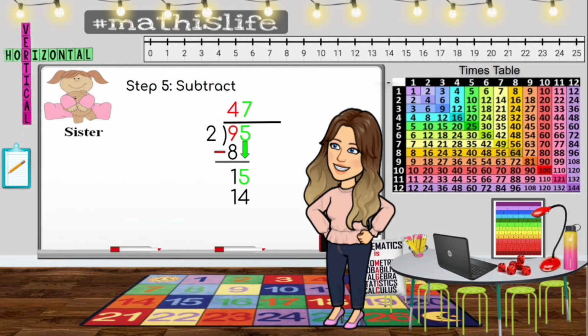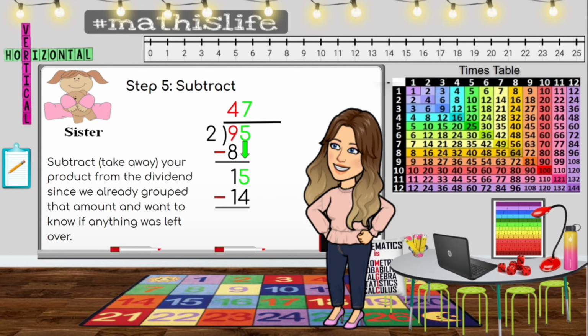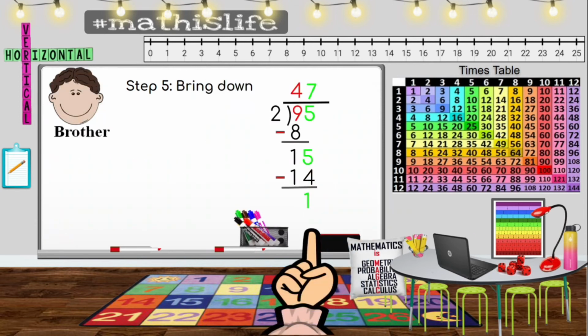Our little sister is going to remind us to subtract. So we're going to subtract 15 minus 14, which in this case gives us a 1. You got it. Now this represents what's left over from the 15. The brother's going to remind us to bring down the next digit. However, I just noticed that there is nothing else to bring down. Therefore, we need to move on to the next step, which is our